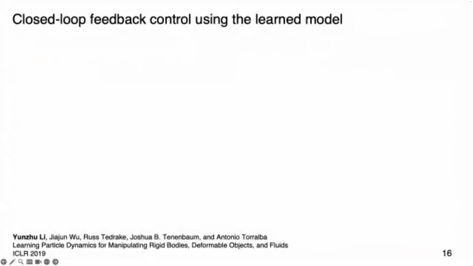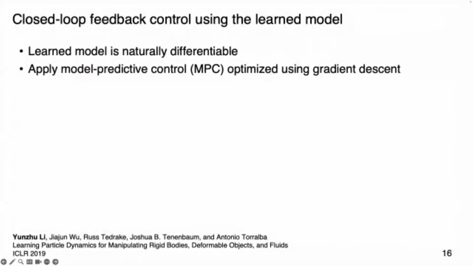After we have obtained a dynamics model, how can we use it for the control tasks? In this work, because the NeRF model is a neural network, which is naturally differentiable, we can extract the gradients using off-the-shelf packages like PyTorch and TensorFlow. We can then use gradient descent to optimize the action signals and apply a model predictive control framework to account